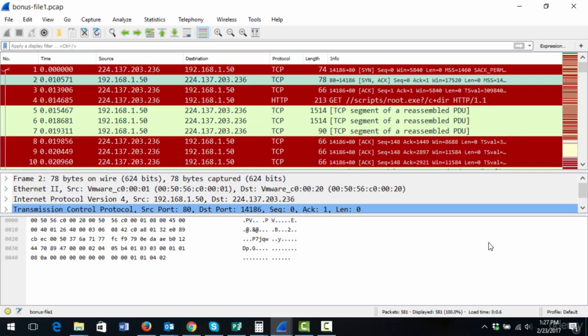This is an example of one of the bonus files that I've created. What we want you to do is take the process you've learned in the class and apply it. If you remember, one of the first steps of our process was to look for suspicious traffic, and the second step was looking for open ports. So as a reminder, you just do